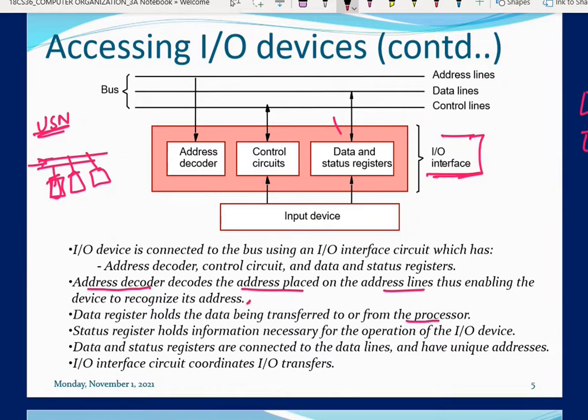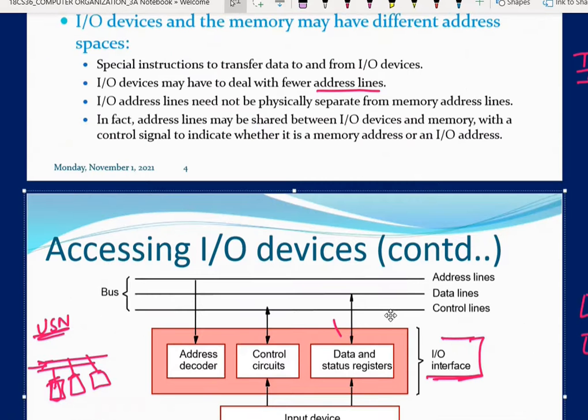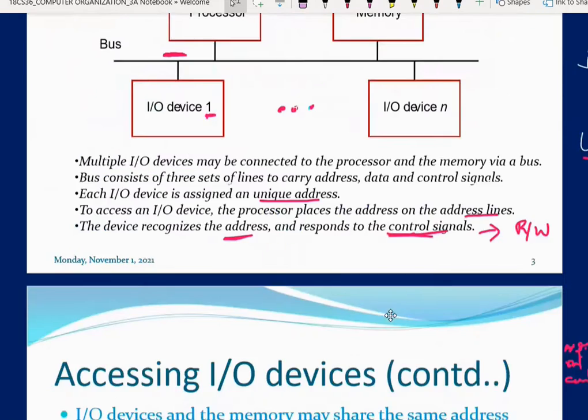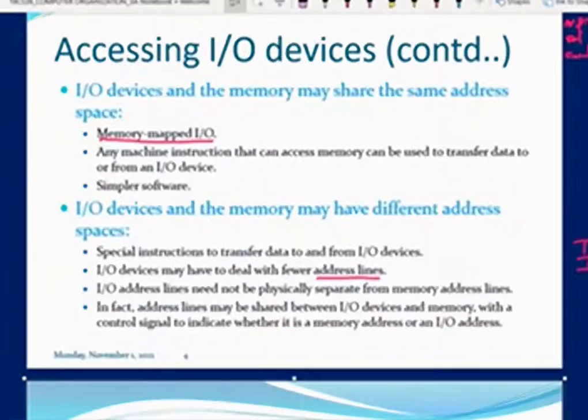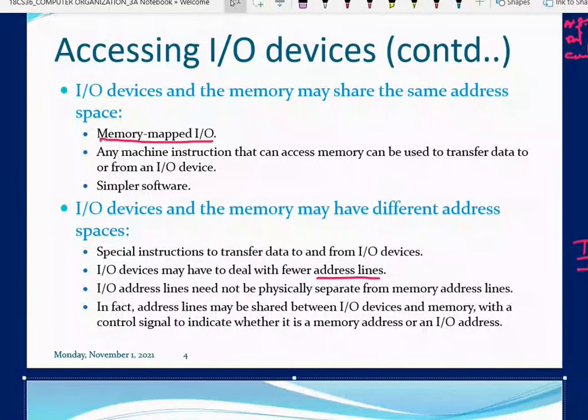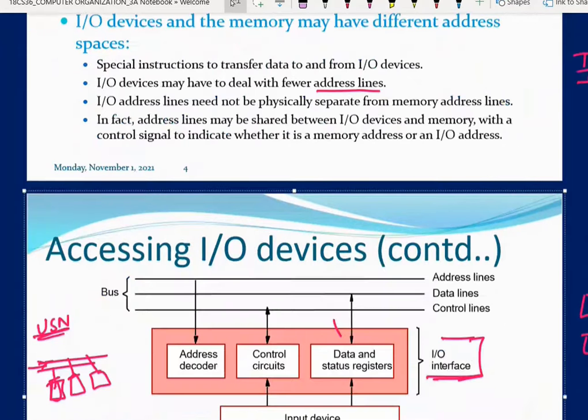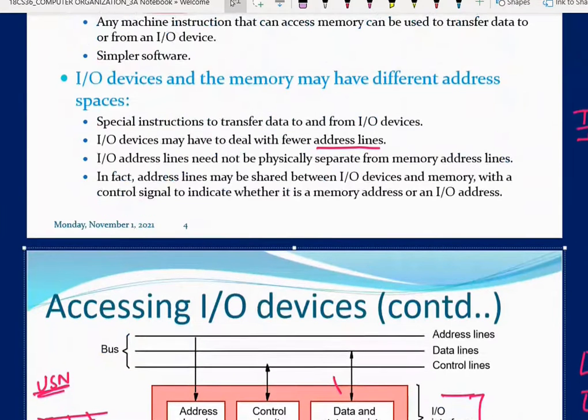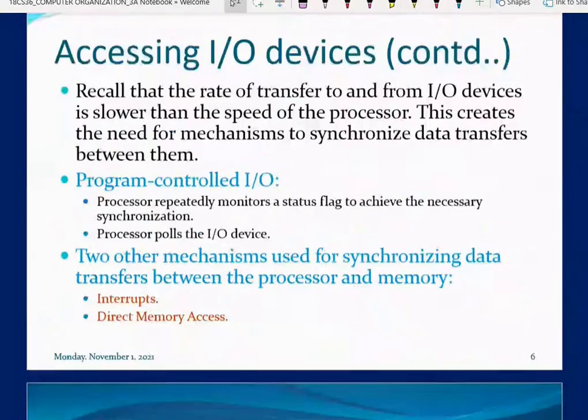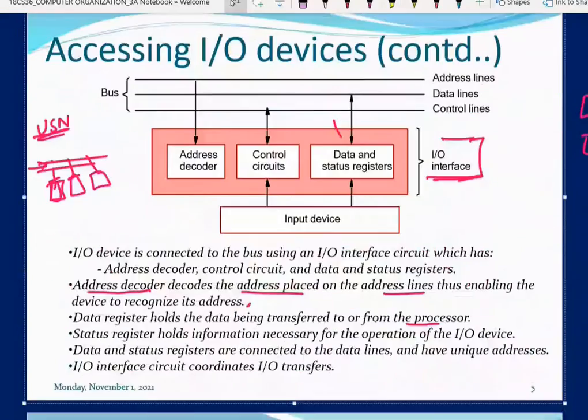And this is what I explained in the previous slide, that is IO mapped IO and memory mapped IO. So here I explained those registers. Memory mapped IO means the address space of the instructions and the IO device, everything is sharing the same address space. But in case of IO mapped IO, it is going to give a separation. This part of the address space is used only by the instructions to store. The remaining part is used by the IO device. That concept we call IO mapped IO. So that is also present in the interface.